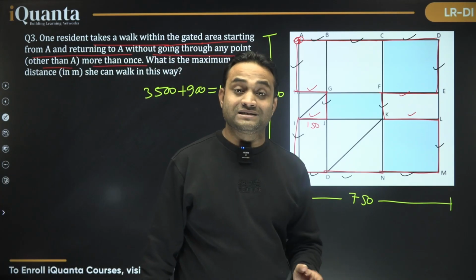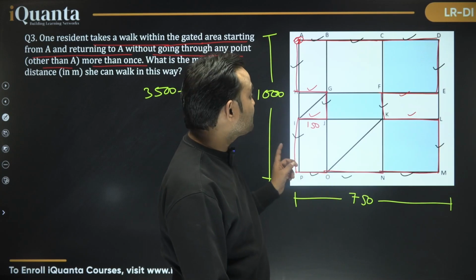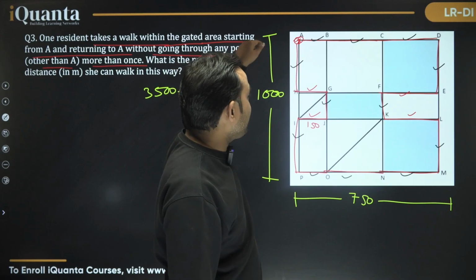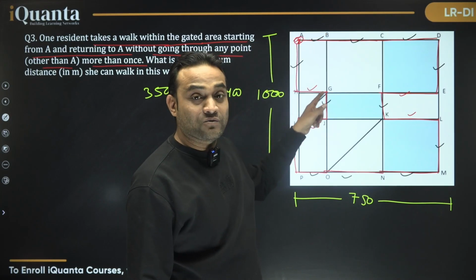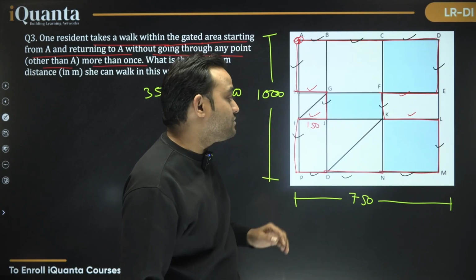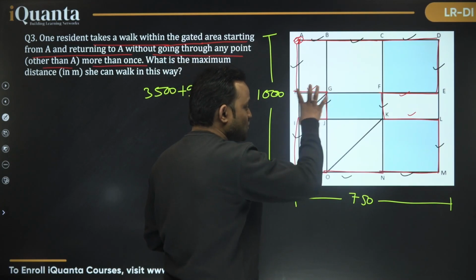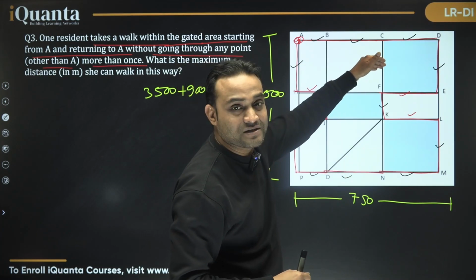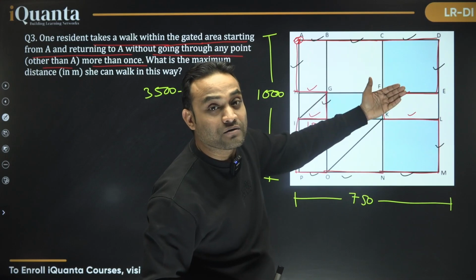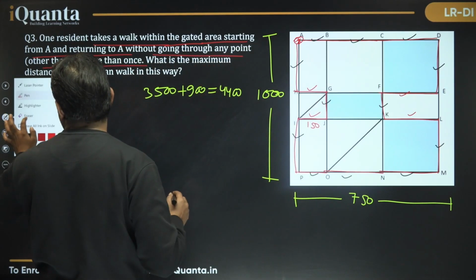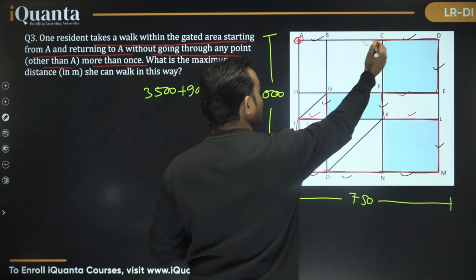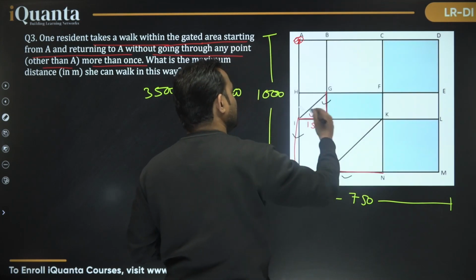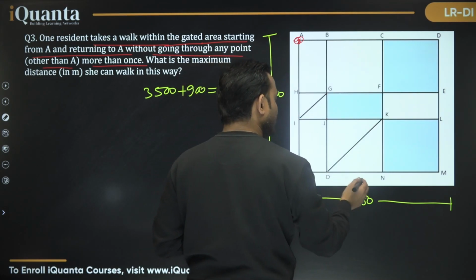But the question is that maximum? We are able to go through all the points, but is that maximum? Can I start with A to B and do something like that where we are able to cover all the distances? Now think about this. If I am able to cover this distance twice, this distance twice, instead of that, if I am able to cover this distance twice, so I will get more distance, right? So instead of covering this, let's try, I'm not sure, but let's try to cover that distance. Let's check if we are able to get more distance, like